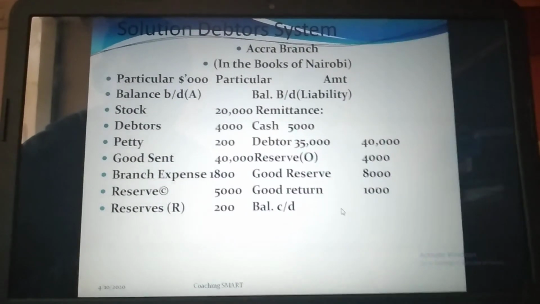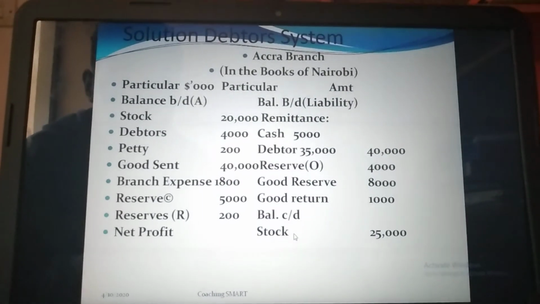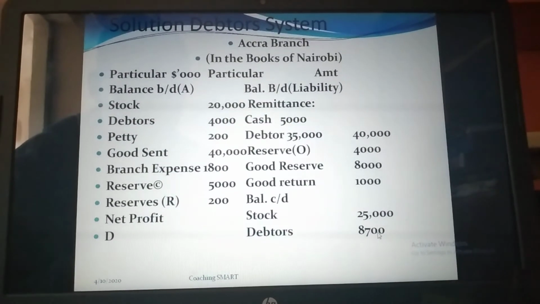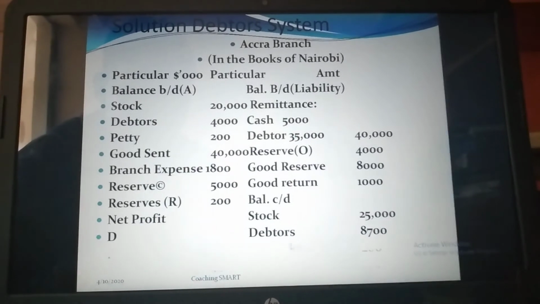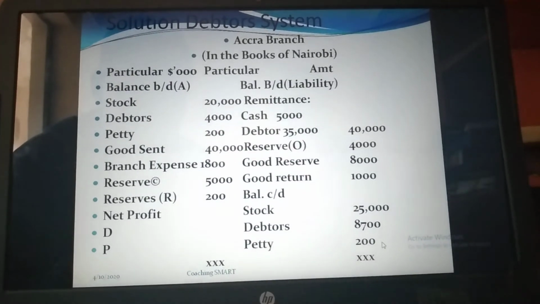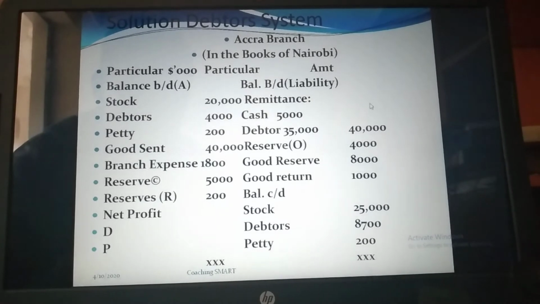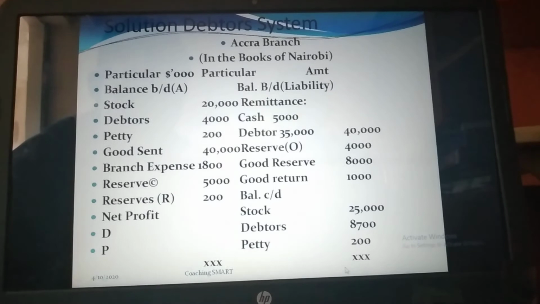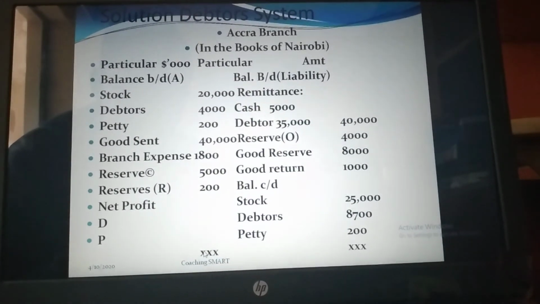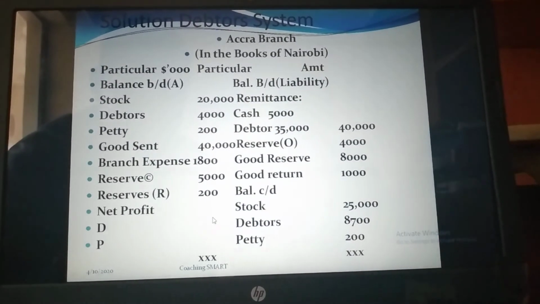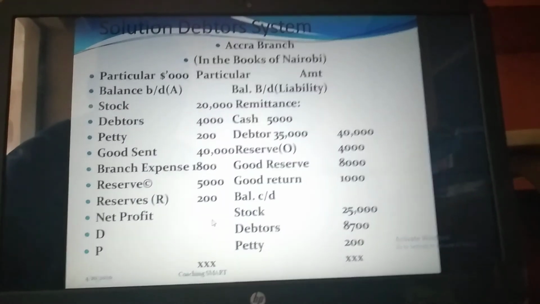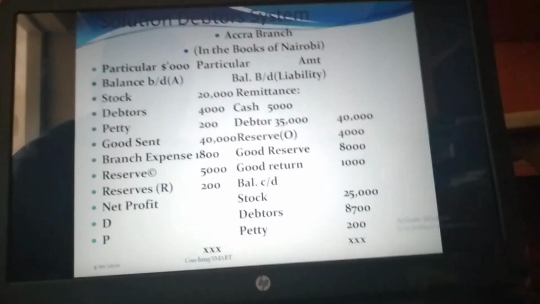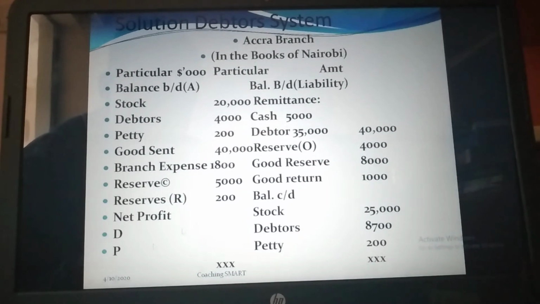Balance carried down in terms of assets. We have stock. We have debtors, which was not there, but now it's there. Then we have petty cash, which is 200,000. Now, when you total this side and the other side, you get the total. After getting the total, then our net profit will be the same as what we got in the stock and debtors system, which was 13,700. So that brings us to the end of